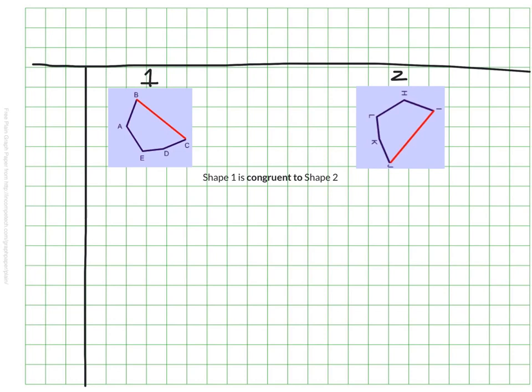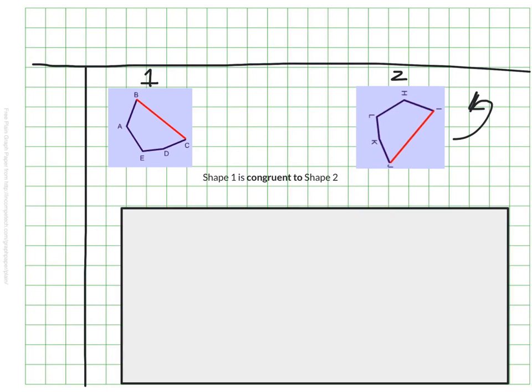Let's look at this again with a different shape. So I've told you that shape 1 and shape 2 are congruent. That means these are the exact same shape, but they've been spun around. We're going to look for some corresponding sides. And this time you're just going to, in your head, have to try to visualize rotating this around so that it matches up with the direction of shape 1. So you have to think to yourself, if I were to spin this, how would it match up to shape number 1